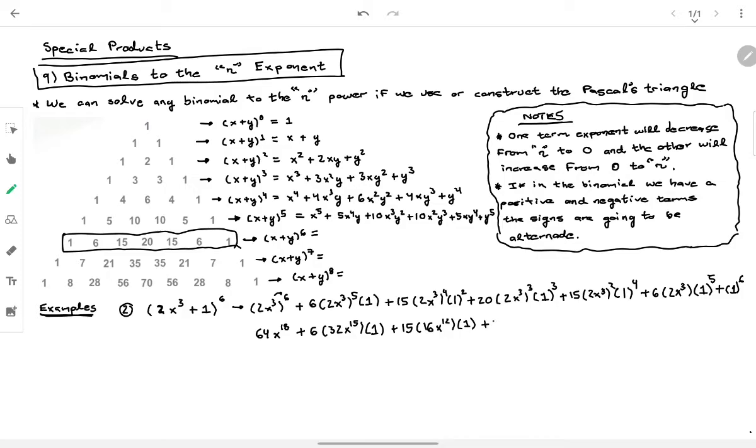So it's going to be then 20 that will multiply 8x to the 9 times 1. Then it's going to be 15 that will multiply 4x to the 6 that will multiply 1. Then it's going to be plus 6 that will multiply 2x to the third that multiplies 1 plus 1. So our answer is going to be something like 64x to the 18. Then it's going to be 32 times 6,